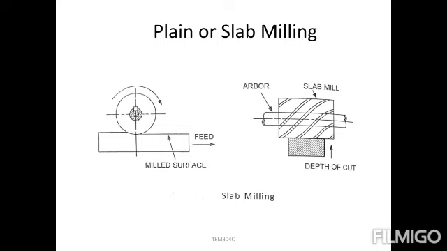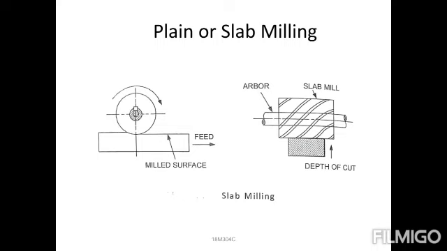In this operation, the axis of the cutter is parallel to the surface being machined and the work is fed against the rotating cutter. In the conventional machining process, both are in contact at the same time, placed in opposite directions, and in that way the material is removed from the workpiece. Peripheral milling operations can be carried out in two types. One is upcut milling and the second is downcut milling. There is a small difference between upcut milling and downcut milling.